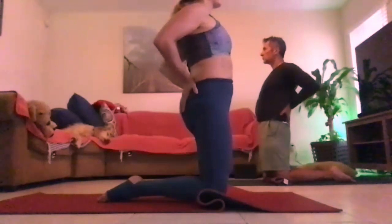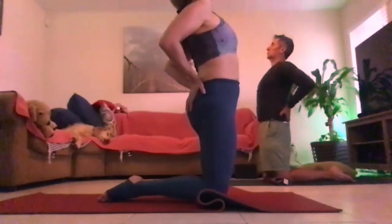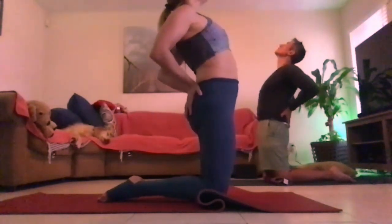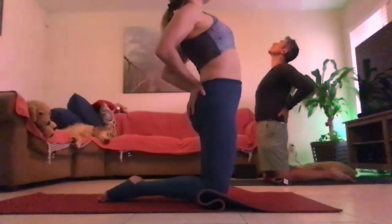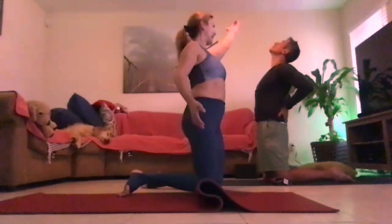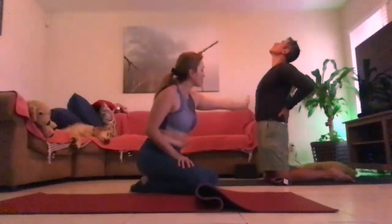Now take an inhale, lengthen up the spine. If you have no neck injury, release the head back. If you have any neck problem, just look up without wrinkling your forehead and feel that your chest is lengthening up towards the ceiling. As you're breathing in and out, feel that you start to stretch the front side of